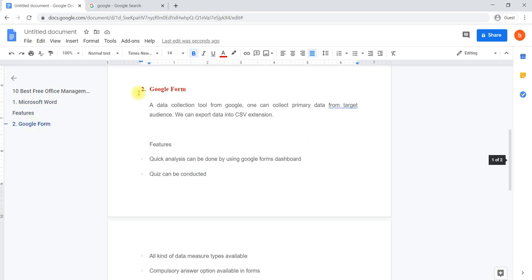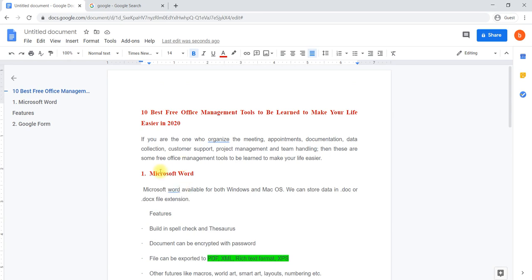If you click here, directly it will go to the one you have considered as a title. You have considered this different from your other documents, so it has been taken to that particular section directly by using this navigation tool. This is about basic formatting. We'll learn more about formatting in coming videos.